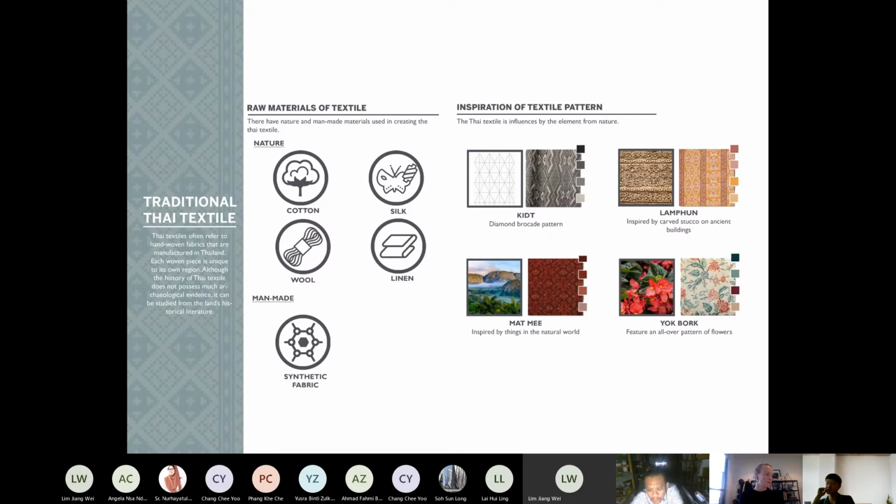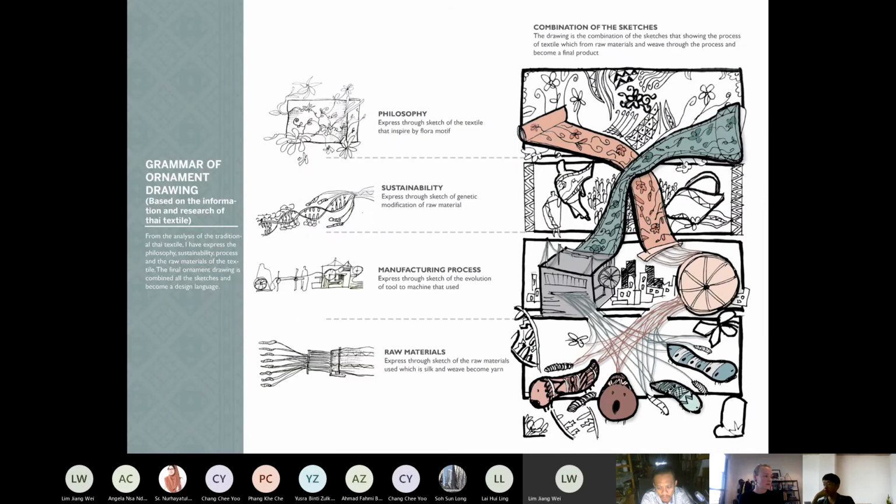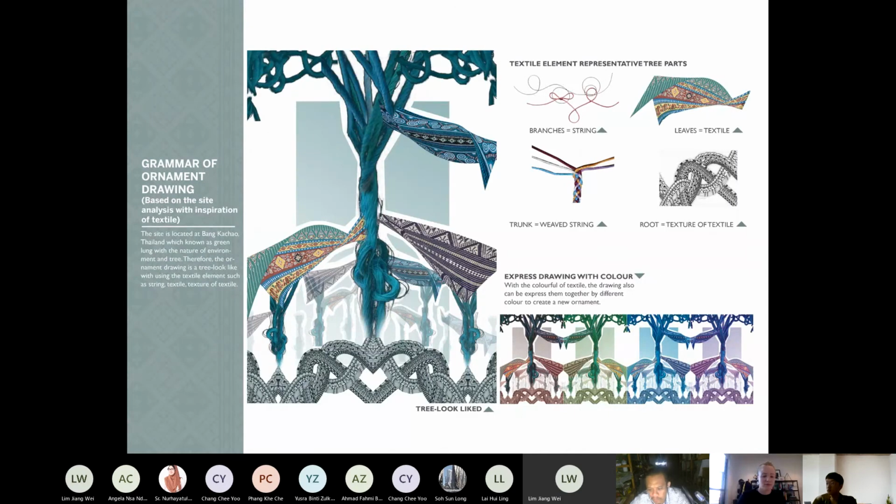We are doing research on the textile, which covers the raw material, the textile pattern, the process, and then the sustainability practice. From this research, we are doing the drawings. I'm doing the drawing based on the information and research of Thai textile, and also based on the site analysis with inspiration of textile.